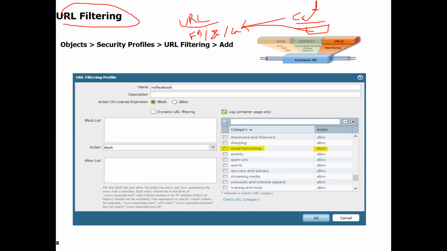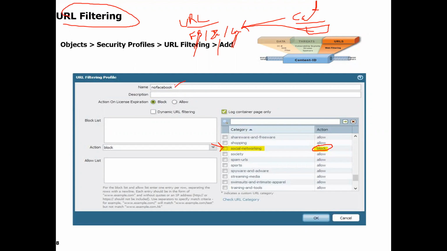So you have an option. Can you see here? Directly you can come here and block social media. You no need to list out Facebook, Instagram, or LinkedIn and so on. Directly come and block this category, so entire social media access will be blocked here. If you don't want that, allow it and block piece by piece, Facebook or this one. So you have that option.